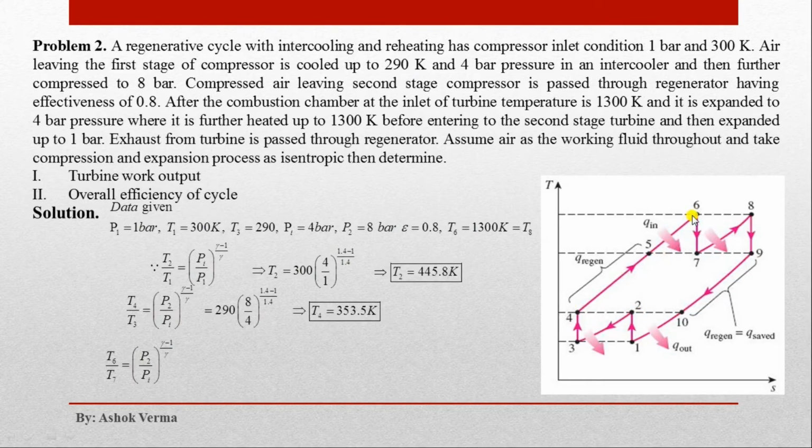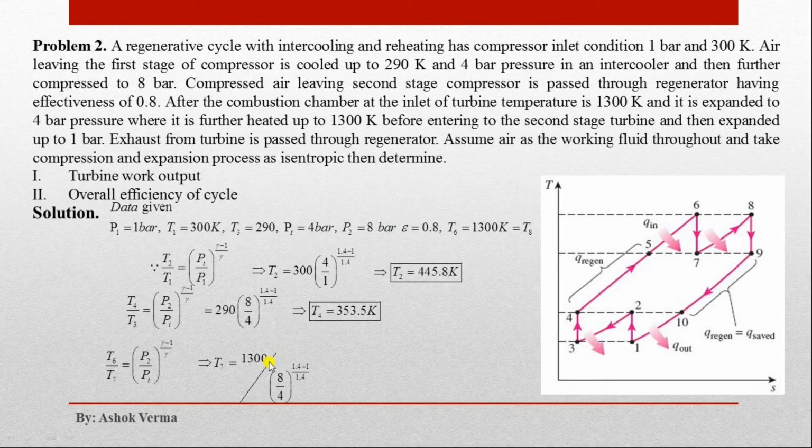Now you have T6, and T6 equal to T8. So you can calculate T7 and T9. Since you know the pressure, you can calculate T7 and T9. So process 6 to 7 is isentropic expansion in turbine 1, that is from pressure P2 to PI. So T6 by T7 will be equal to P2 by PI to the power gamma minus 1 by gamma. So after putting the value, you will get T7 equal to